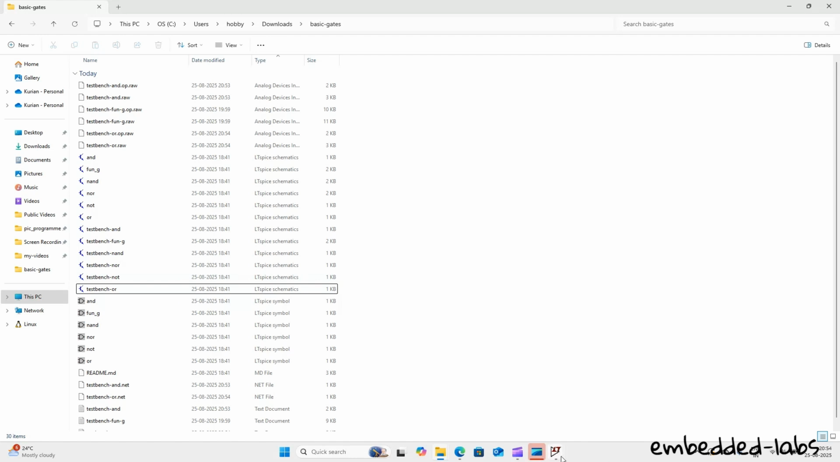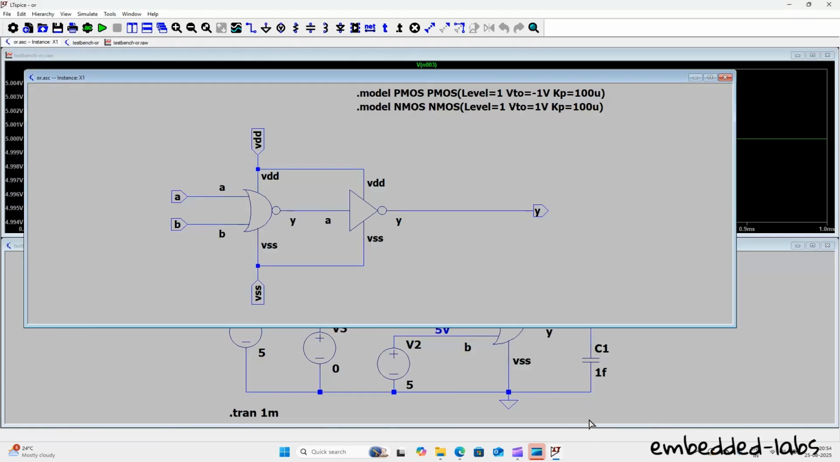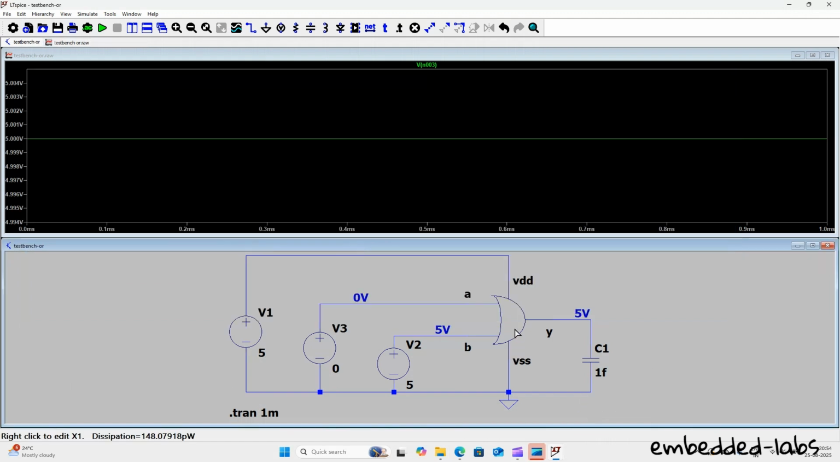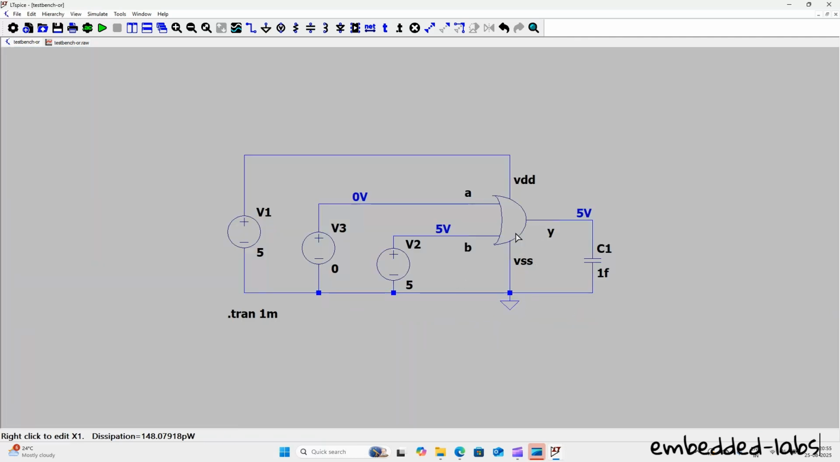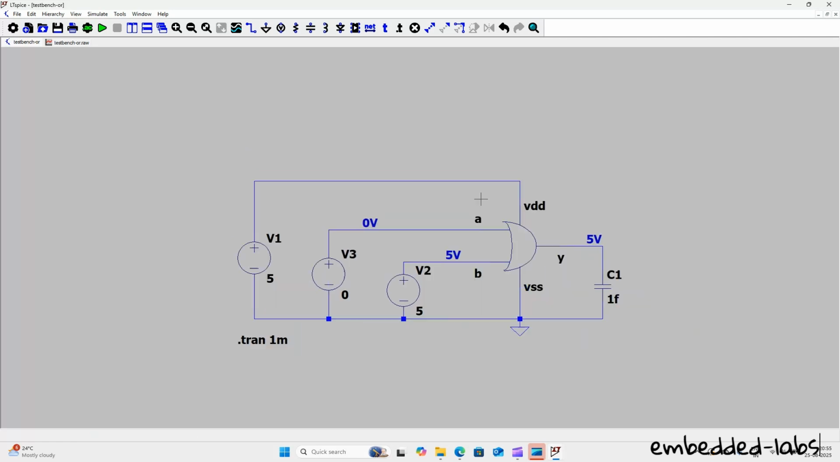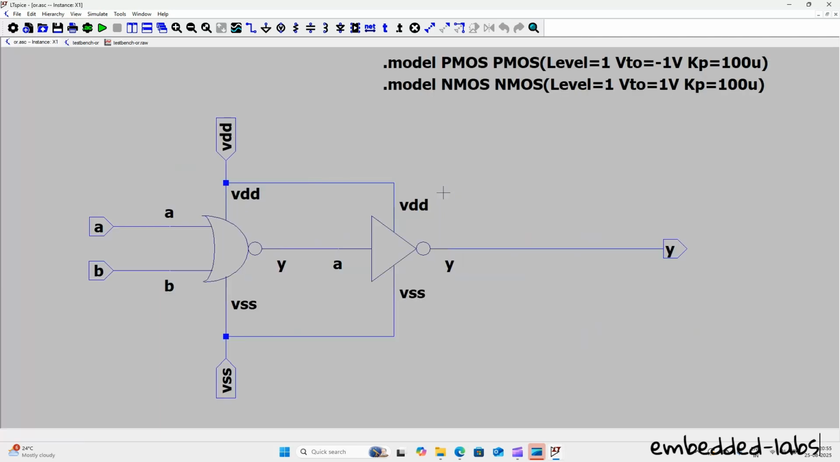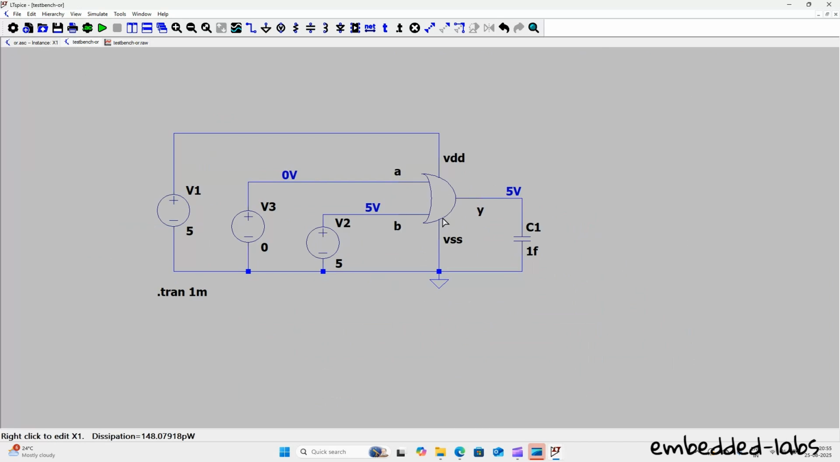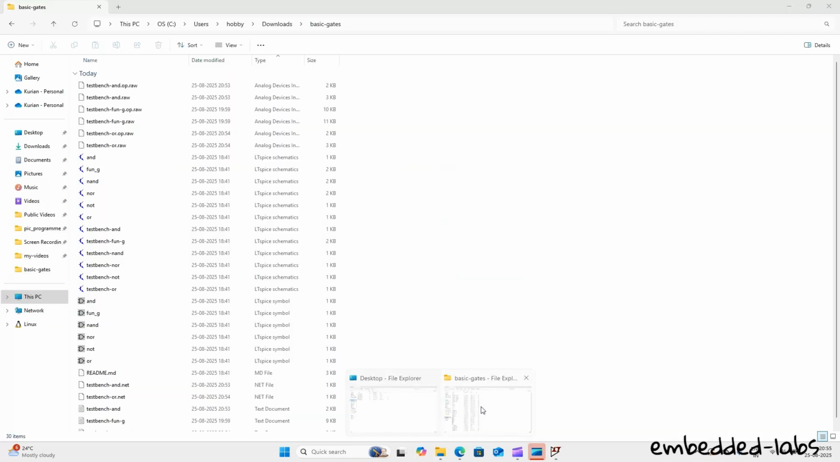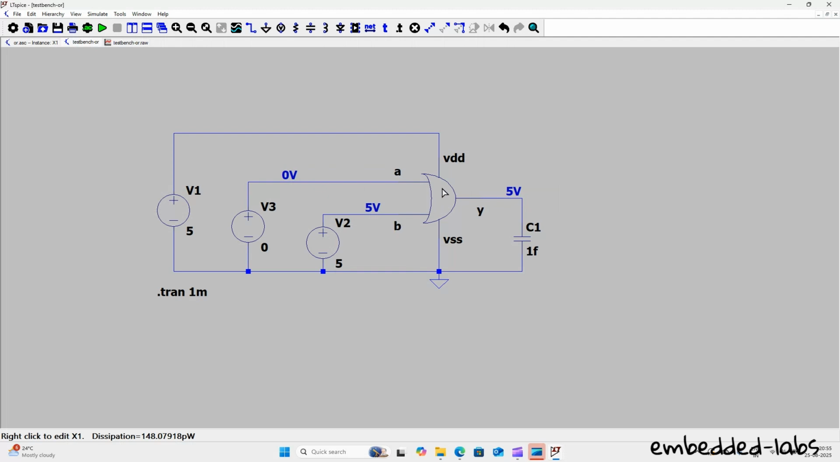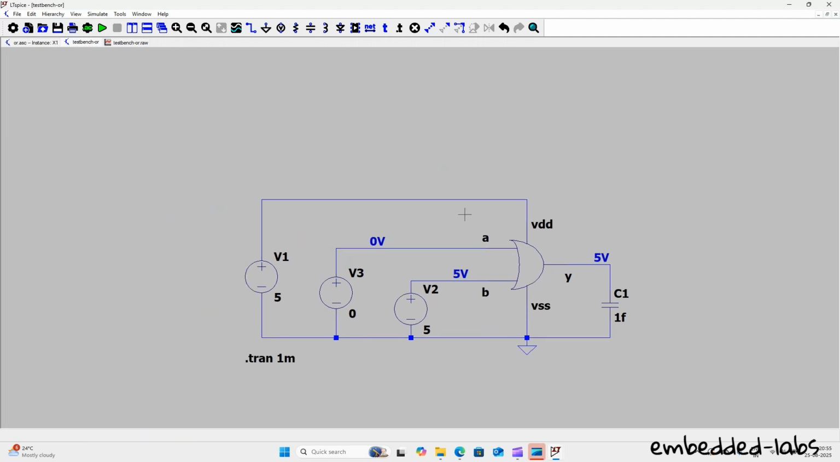Okay, so let us say you want to replace this. You don't want to simulate this. You want to replace this OR gate with